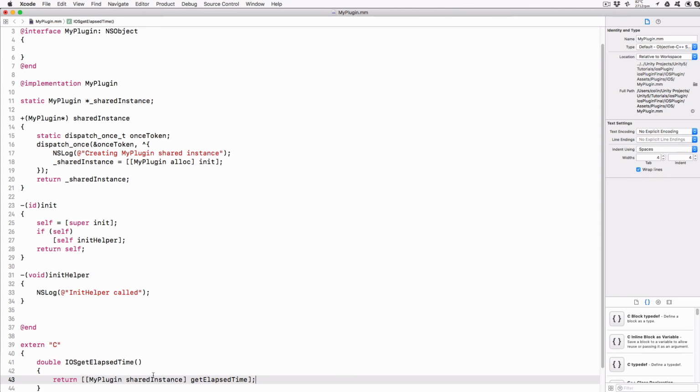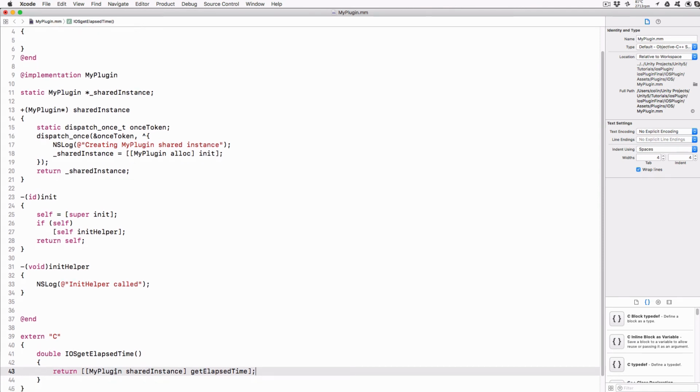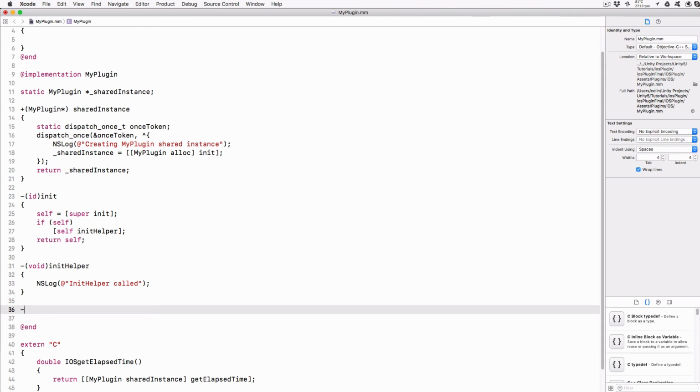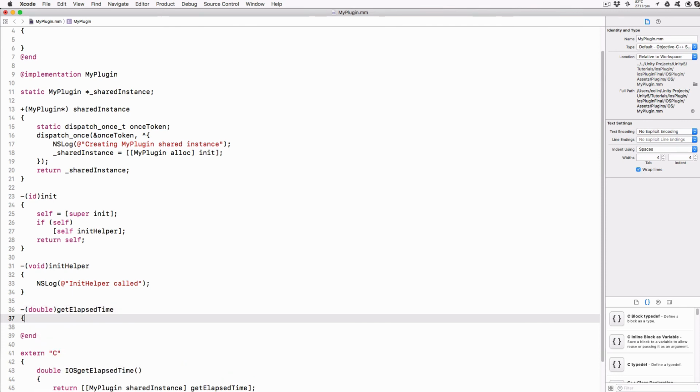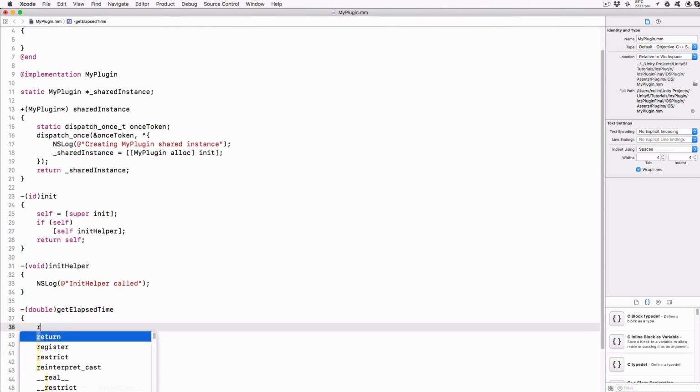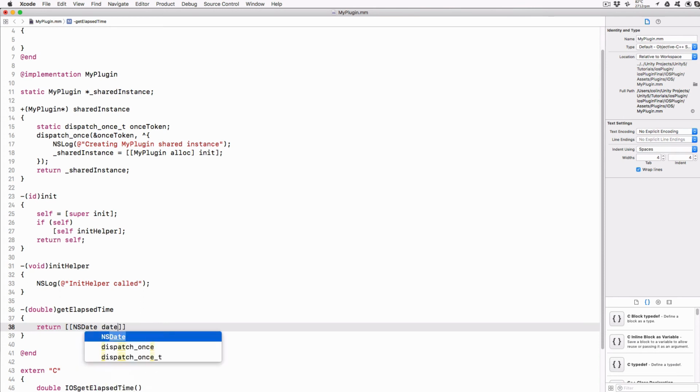So this is going to return the plugin object, the shared instance, which the first time it's called will actually create the plugin object, and then on subsequent calls it'll just return it itself. So we need to add a method to the object, which is also going to return a double, and that's going to be get elapsed time. And this is pretty simple. We're going to return an NSDate. We're going to get the current time, and then time interval